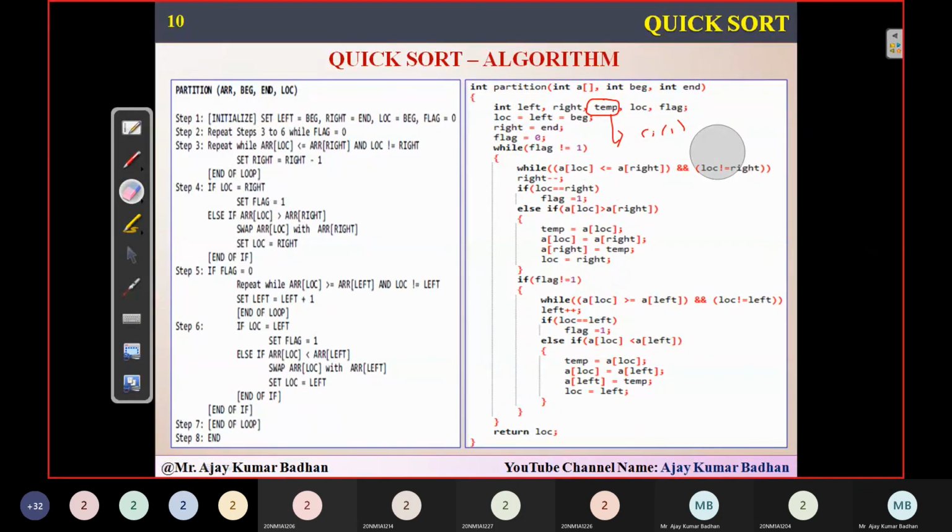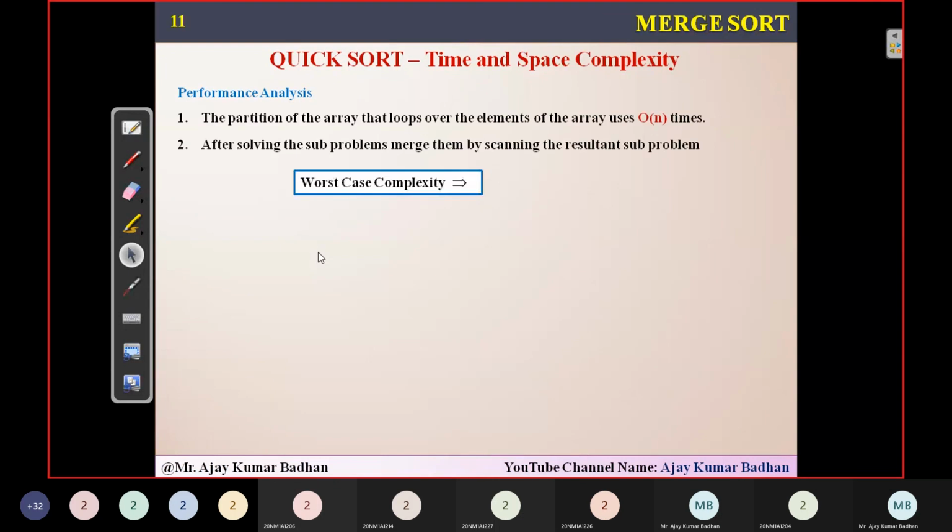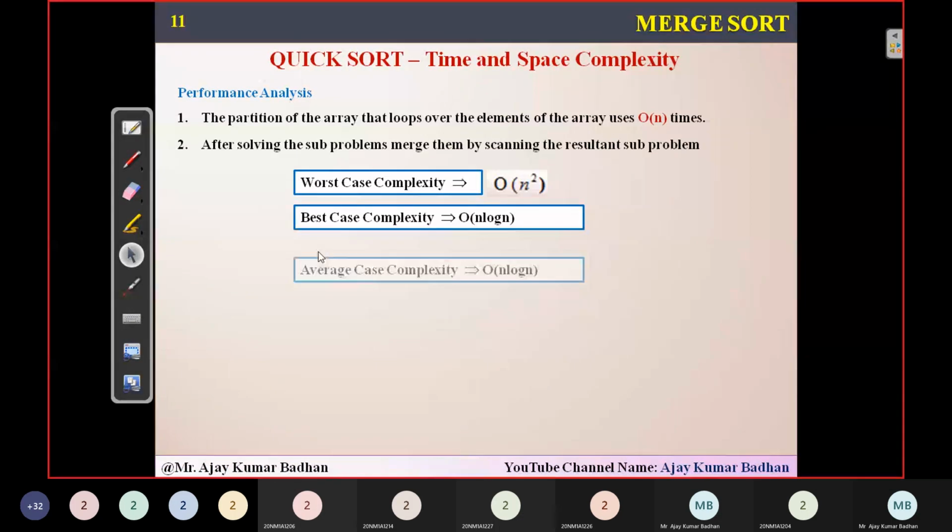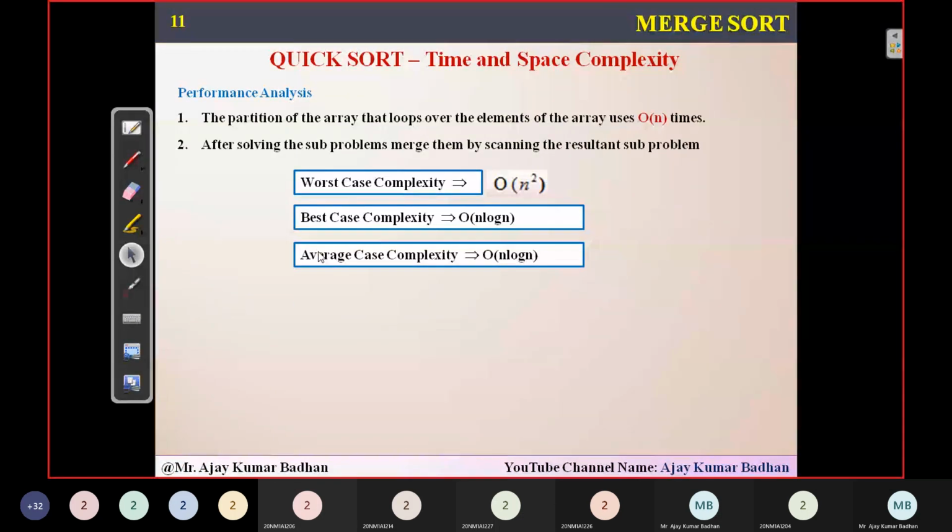Whereas in merge sort, we use an entire array with as many elements as there are, so the space complexity for merge sort is order of n. But for quicksort it is order of 1. So this is the whole complexity. For the worst case, order of n square; best case, order of n log n; average, n log n; and finally space complexity is order of 1.